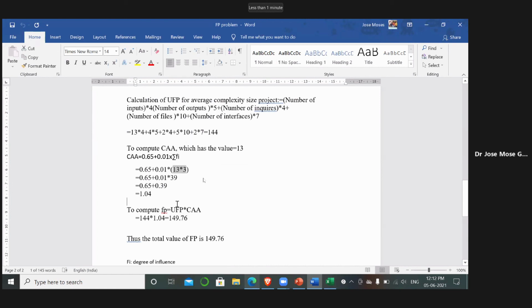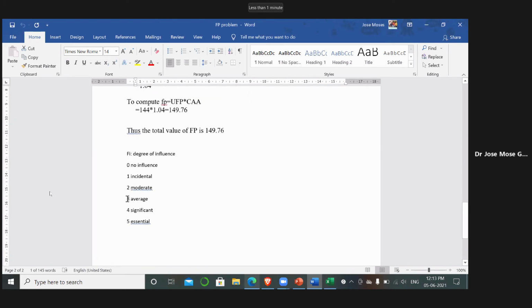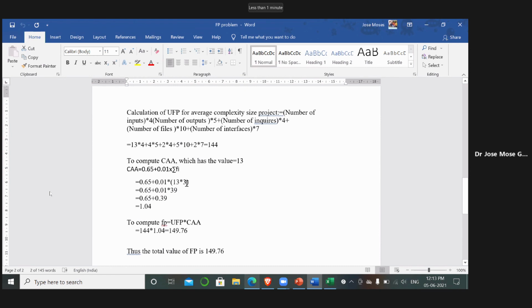Okay, have all of you understood? The CAA formula is 0.65 plus 0.01 into sigma Fi. Here we got 3 because the degree of influence is average, so for average we have the value 3. That's why we are using 3 for this summation. So the value is 1.04.